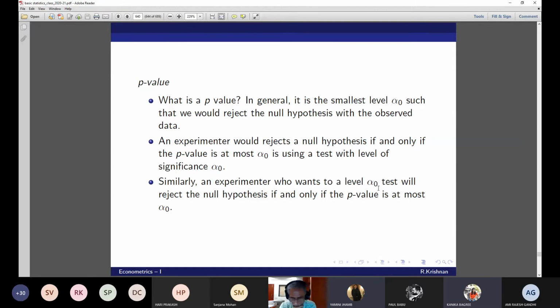Yeah, Kanika, go ahead. The previously set level is 5%. Now it is 2.27%. You said correctly, now the null will be rejected. Now previously set is 1%, but the p turns out to be 2.27%. What does that mean? Oh, then it cannot be rejected. That is what I asked you. Again, whenever you have confusion, have this simple idea. I said 5% means I am allowing 5 out of 100 experiments to go wrong. But p says you can allow only 2.27 experiments to go wrong.